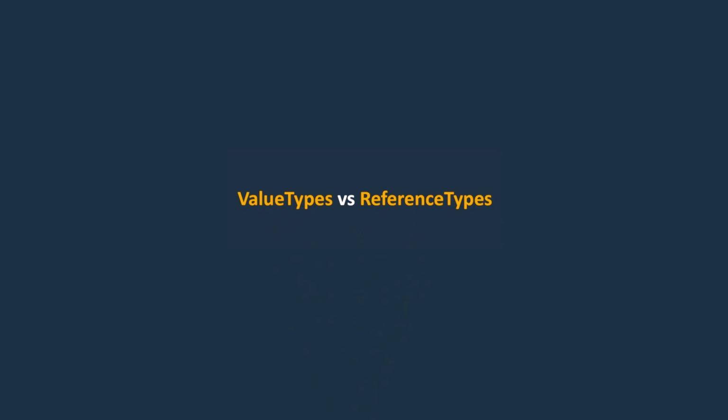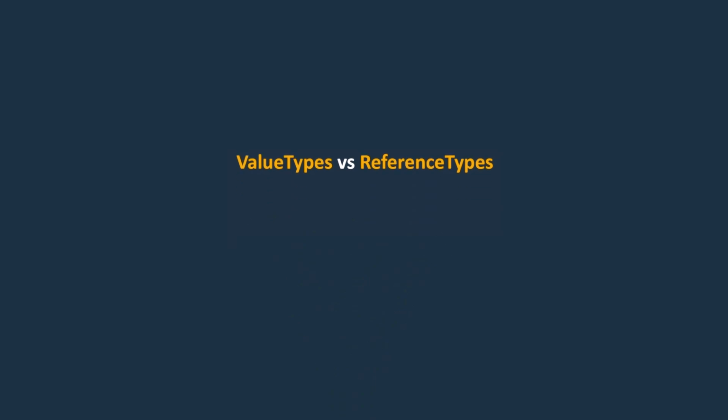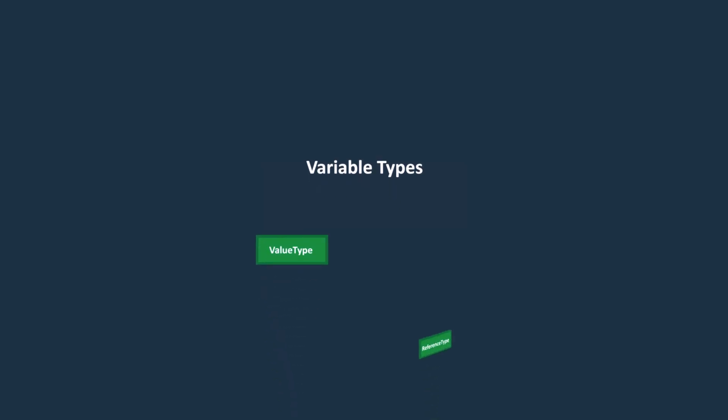In this lecture, we'll provide a brief explanation of value types versus reference types. You should know that we'll cover this topic in detail during the intermediate course. Alright, variable types are divided into two main categories, value types and reference types. To have a solid understanding, it's crucial to grasp the difference between these two categories and how they interact with memory. So, let's take a closer look at how data is stored in memory by variables, starting with value types.